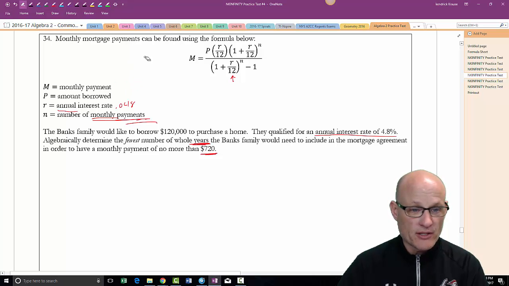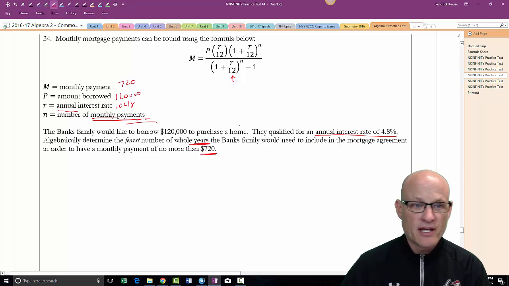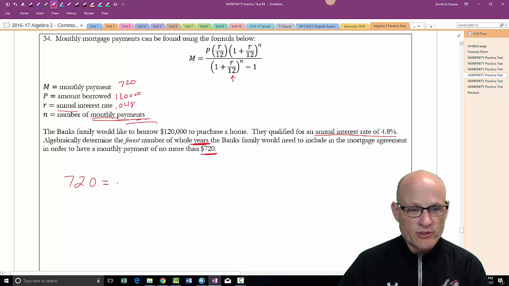Oh, I put this in the wrong place. They want to borrow $120,000. They want their monthly payment to be $720, and that's M, not P. So 720 is equal to... Now we just got to put all this in here. Do it right. P is 120,000